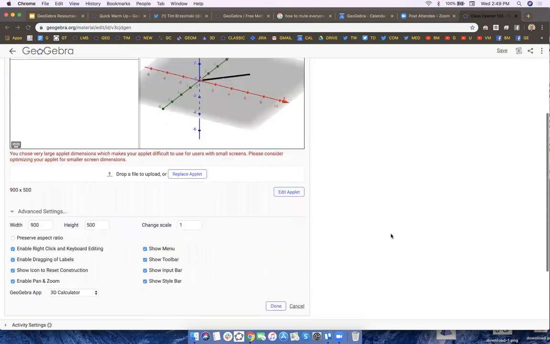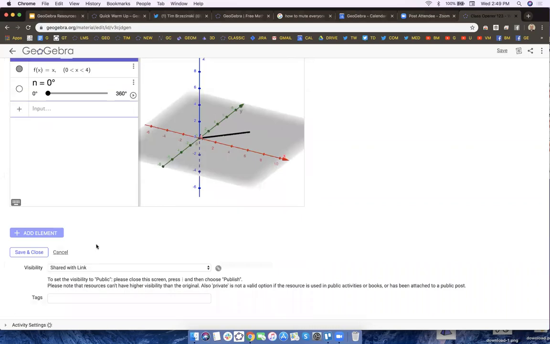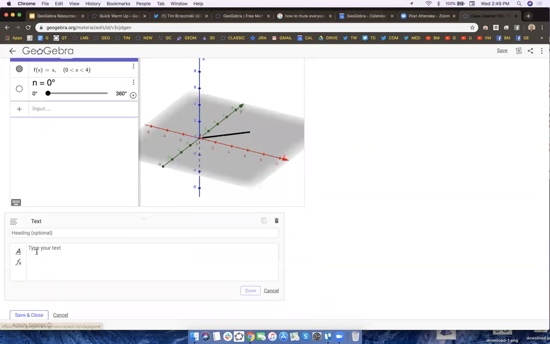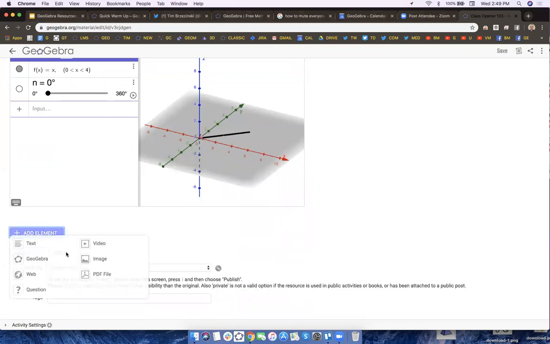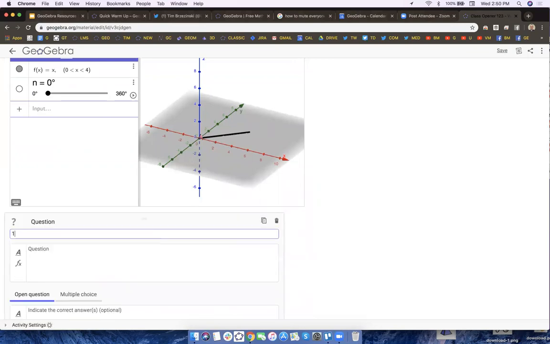But it looks like that. But you know what? It looks good. I hit done. Now I can start asking my questions. Hey, kids, you know, or actually let me delete that. I'll add a question now. And I'll ask students to create a function that causes the surface of revolution